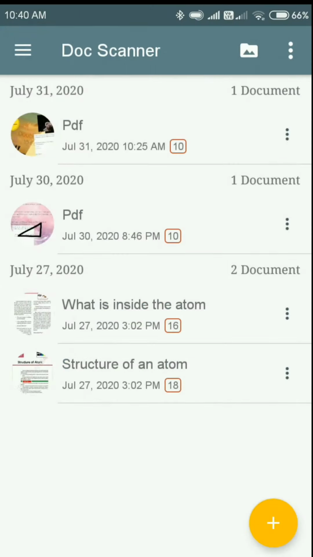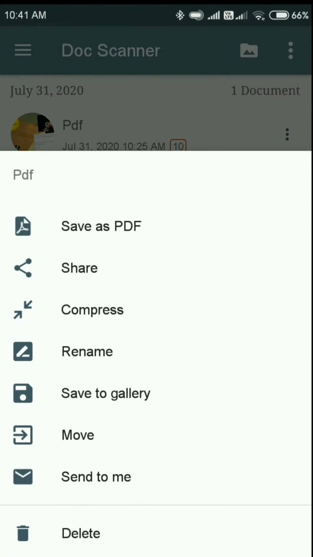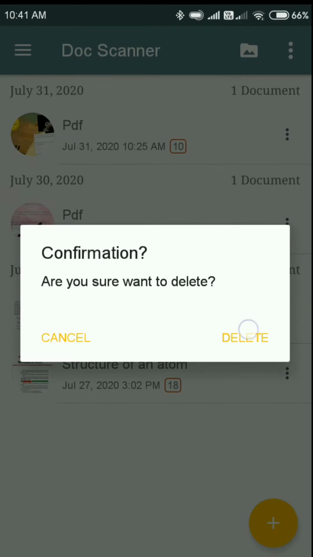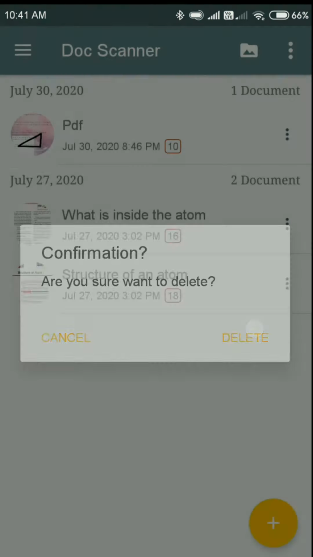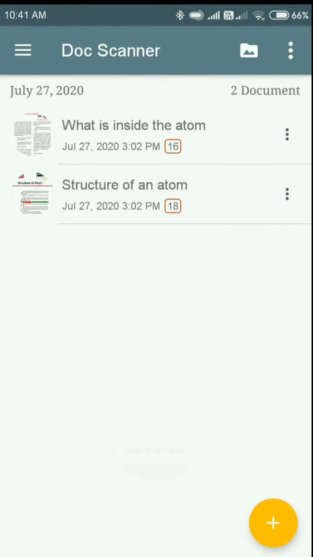But you type your own email address there, and then press this send to me option. It will be directly emailed to your email address. You can open your Gmail inbox and check there, or you can even simply delete this PDF like this. Yes, now it is okay.